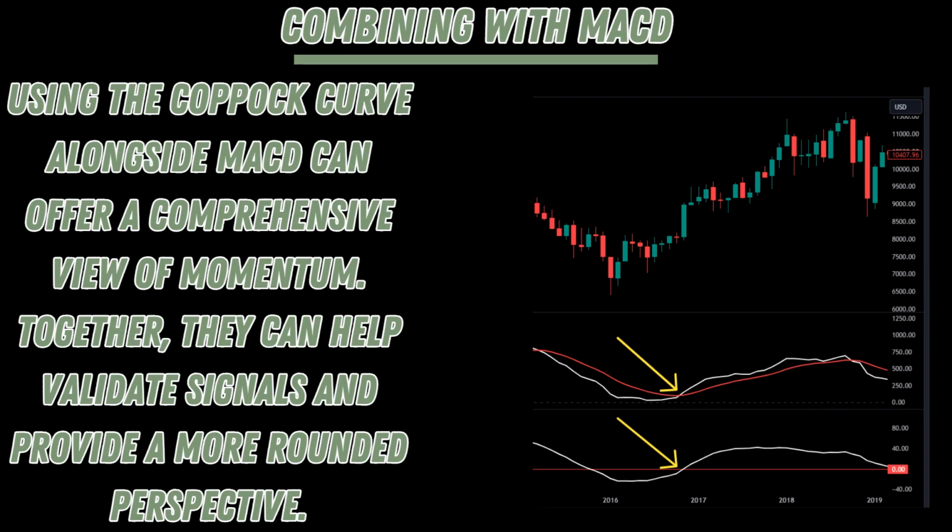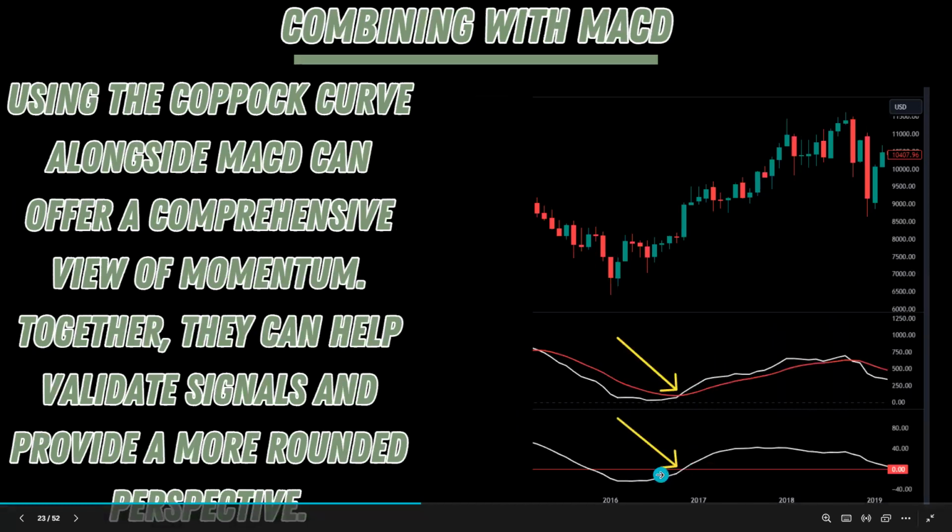Together, they can help validate signals and provide a more rounded perspective. So in this case right here, this is our MACD up here, and you see we actually get a bullish crossover on the MACD slightly before our Coppock curve. And then very, very shortly afterwards, basically the next tick over, you can see that we get the crossover on the Coppock curve. So basically two signals at this point in time,